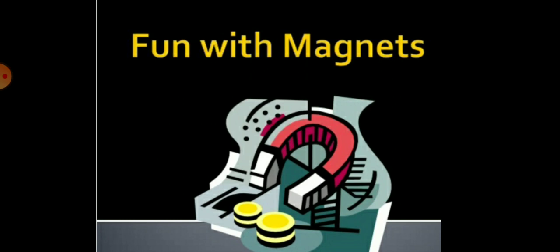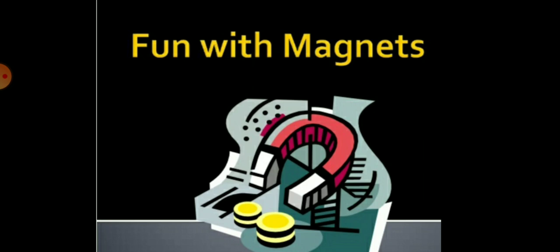So, children, we have started chapter 13, Fun with Magnets. In this chapter, first we will discuss magnets. We know that powerful magnets are used in industry to separate iron articles from the waste, and they are also used to lift heavy containers from ships to the ground or from the ground to ships. So in fact, magnets have a large number of uses.